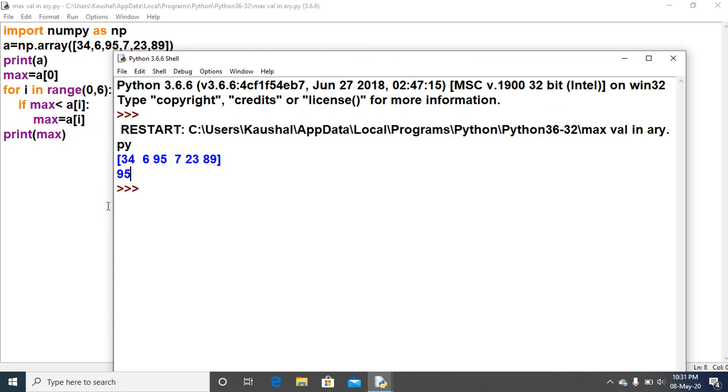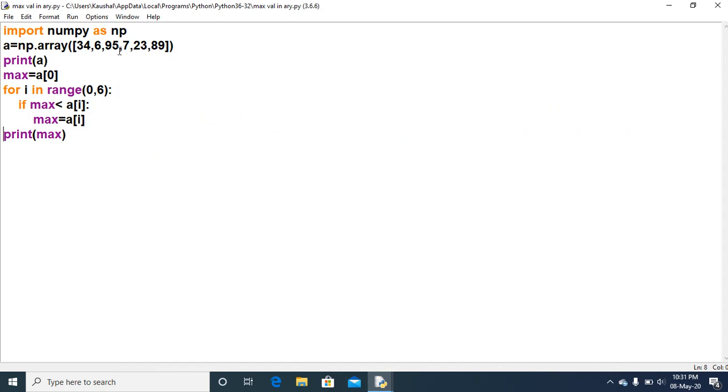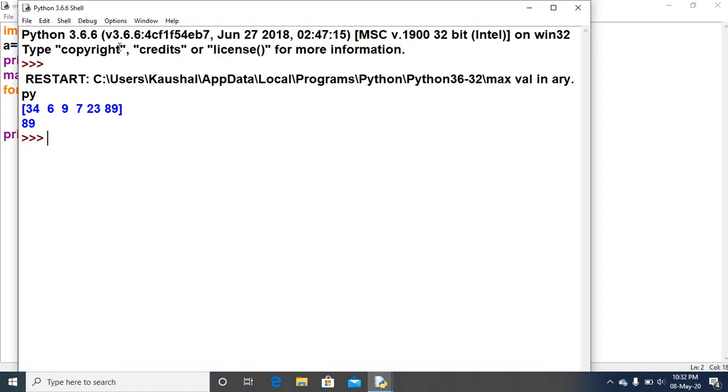If you want to check it with another value, suppose I am making it 99, the rest of the elements I am not touching. Control S, F5. Now you just check. Yes, 89 means our program is correct. It is not having any problem, not producing any error, not giving any wrong output.